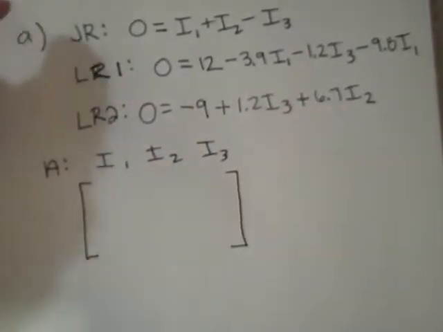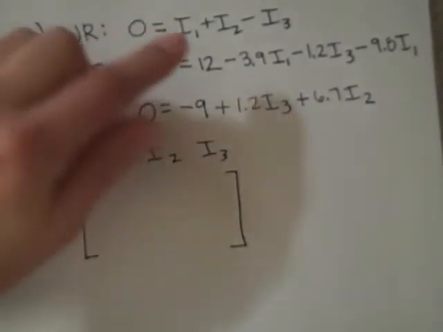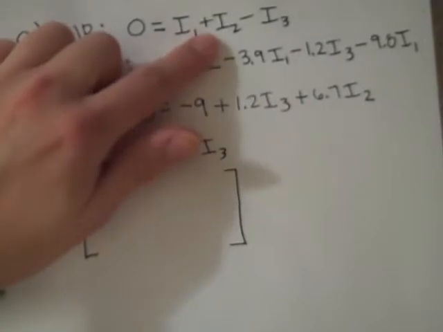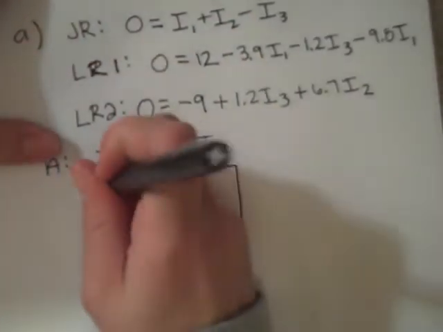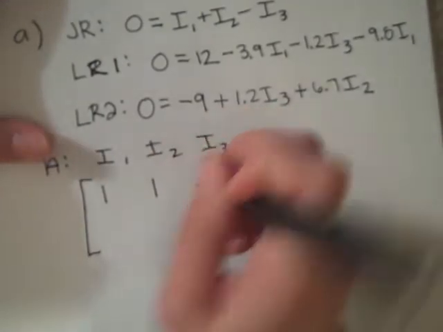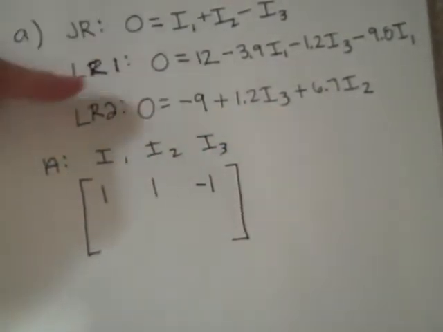And the first line, I'll have represent my junction rule. So I have a coefficient of 1, 1, and negative 1 in front of my I1, I2, and I3. So I get a 1, 1, negative 1. My next one will represent loop rule